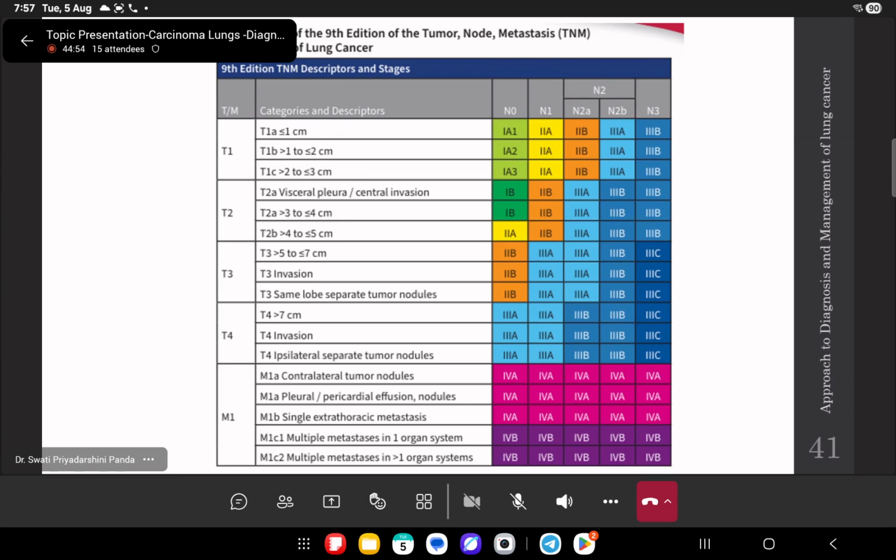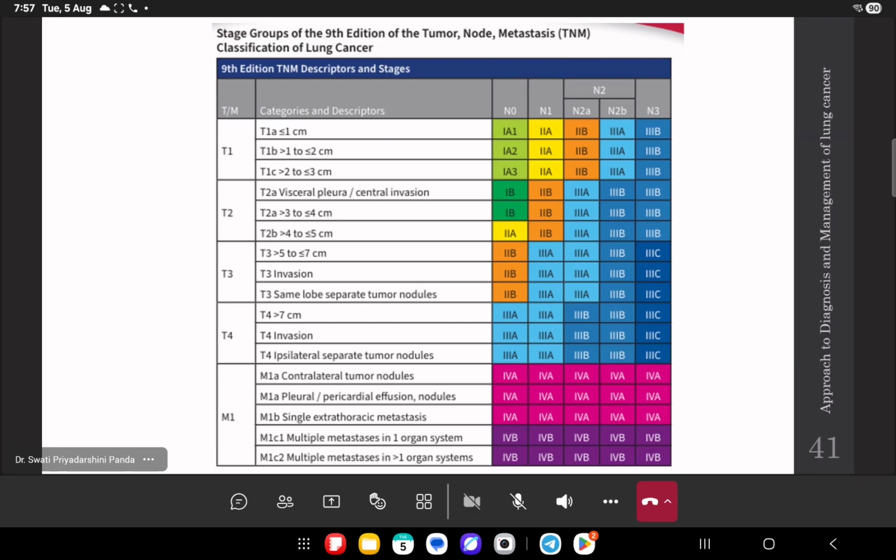And stage 2B includes T2, any stage of T2 with N2A, T1 with N2A, and T3 with N0. And stage 3A includes T1 with N2B, T2 with N2A, T3 with N1, or T3 with N2A, or T4 with N0 or N1. Similarly, stage 3B includes T1 with N3, T2 with N3, T2 with N2B, T3 with